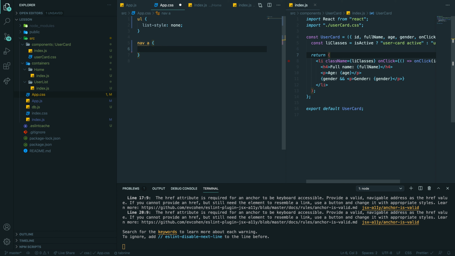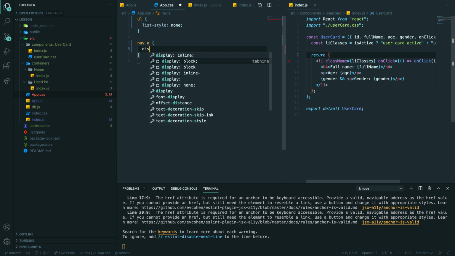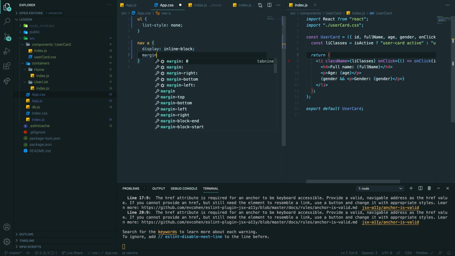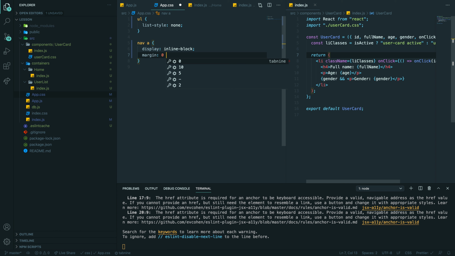So margin. Display inline-block. This is the first bit. Next thing is margin 0, I don't know, 20 pixels, left and right, and color blue.